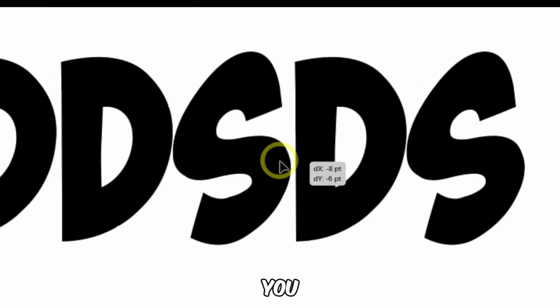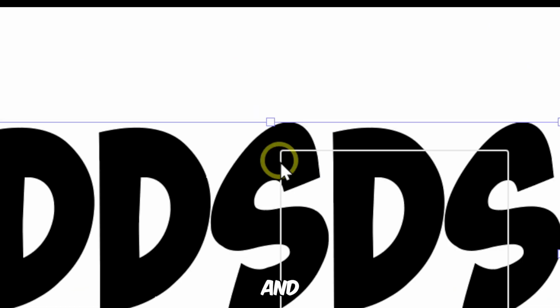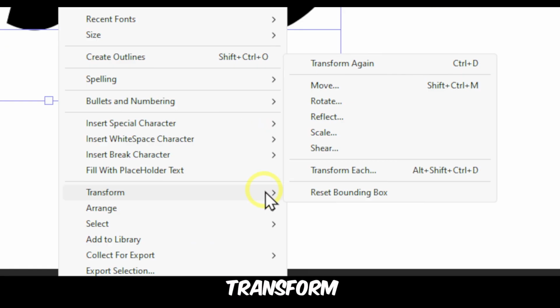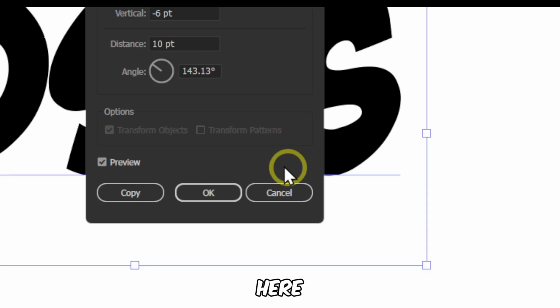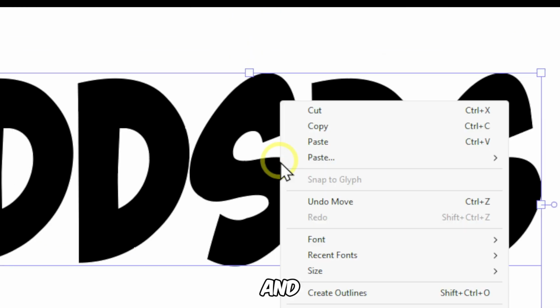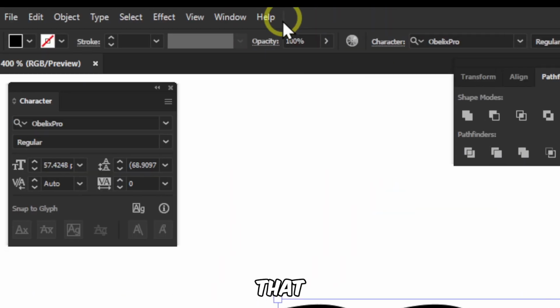is that you have this text here and you'd like to transform this text. Well, you can do it from here. You can transform this, and another thing that I really like is that you can go to